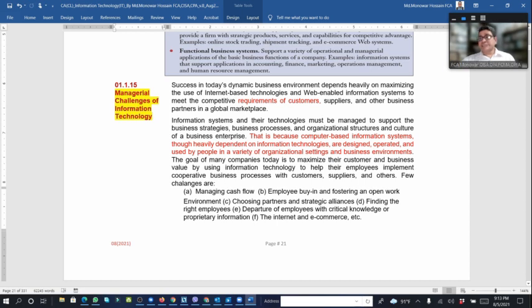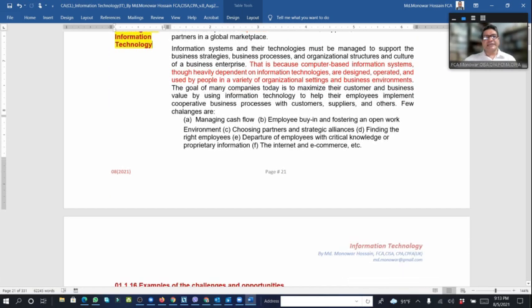Now the management challenge of information system technology. The success of today's business environment depends heavily on maximizing the use of internet-based technology and web-enabled information systems. This is because computer-based information systems heavily depend on information technology and the operation of the business. People in various organizations set the business environment, and a challenge is managing the cash flow of the organization,